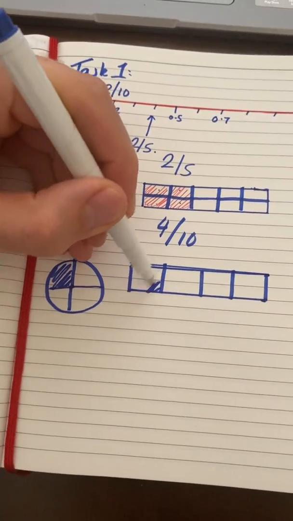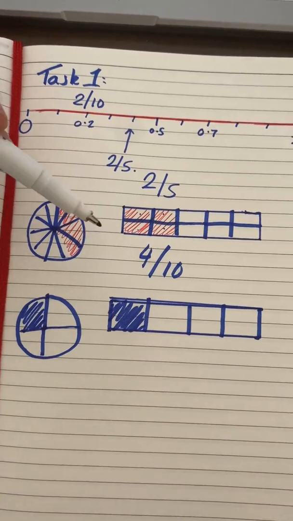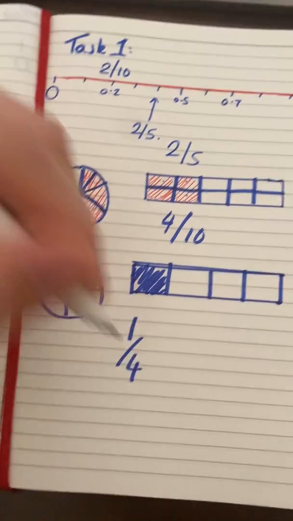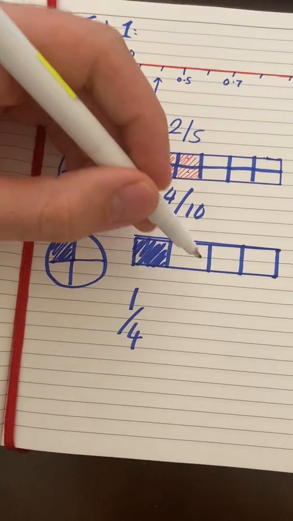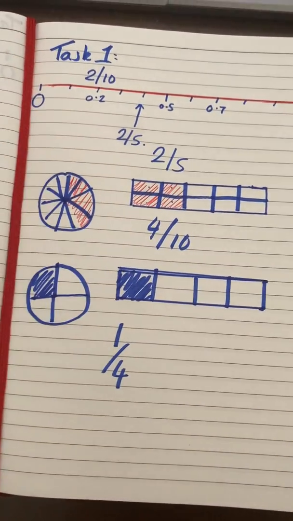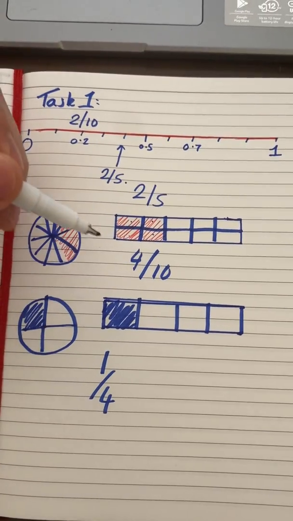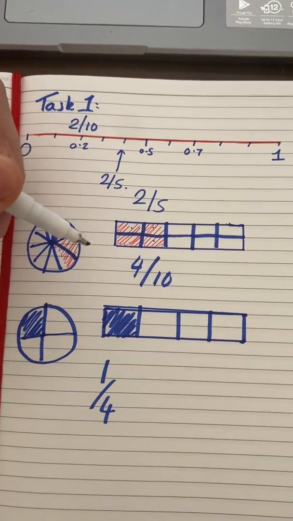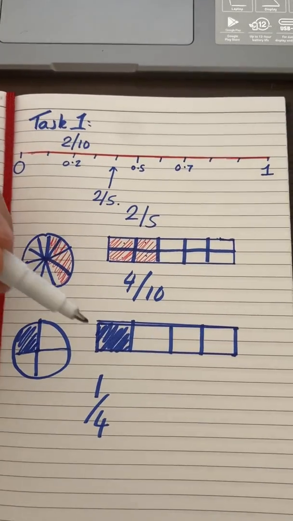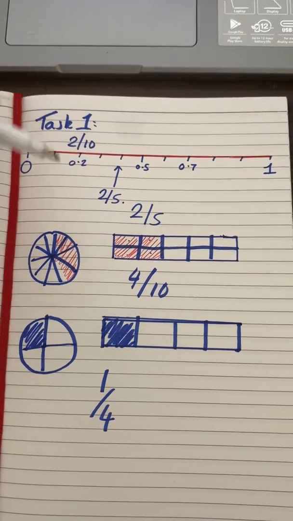and shade 1/4. Now before, with our tenths and our fifths, we could easily turn fifths into tenths. This fraction at the moment is 1/4. If I was to try and turn this bar evenly into tenths, I wouldn't be able to do it because 4 doesn't go into 10, okay? So this method is not effective in the sense of exchanging fractions and turning them into something else, but it is effective in where if we were to draw this bar the same length as this bar and shade in a quarter, it would reveal to us where it goes